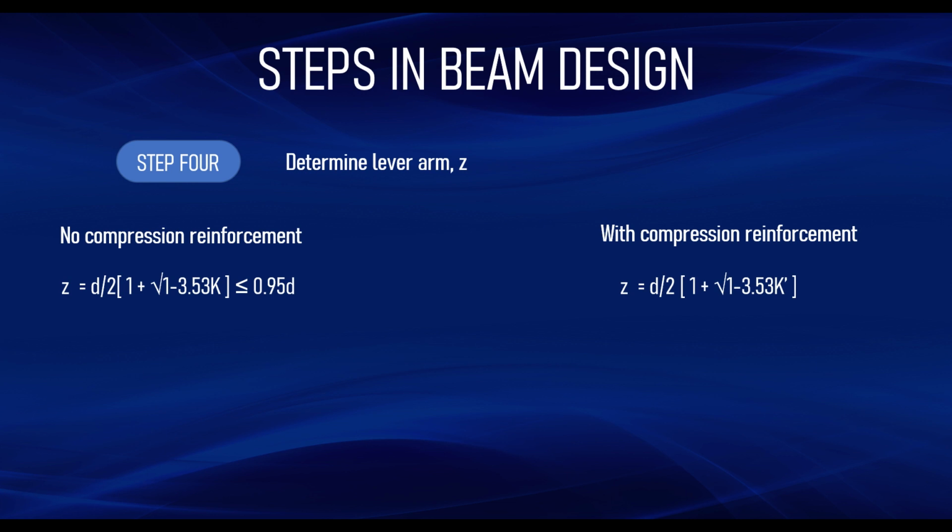So substituting the value of K from what we obtained in the previous slide, Z is going to be 0.87 D. If you substitute 407 millimeters for D, then you are going to end up with Z equals 354.1 millimeters. Since Z is less than 0.95 D, in that case you don't have to bother with the next step. So that means our Z is